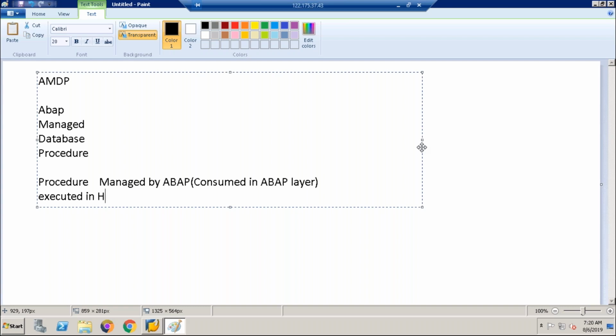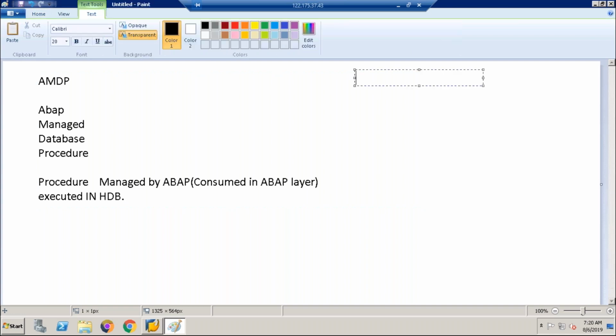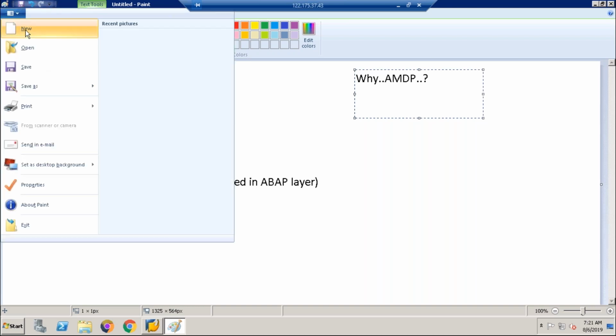Now, before going to AMDP, we need to understand why AMDP in companies, guys. Why AMDP? What we are doing with AMDP, that we need to understand. This is a very important question which they will ask in an interview. Why AMDP in real time? That is the first question that will come up, guys. When ABAP is there, when you can write code with ABAP in SE38, then why AMDP programs? Why an AMDP class? So we need to understand that very clearly, guys. So let us try to understand the real-time scenarios.